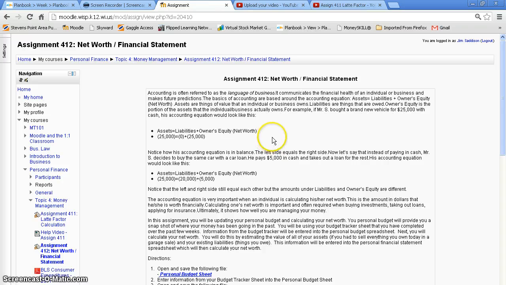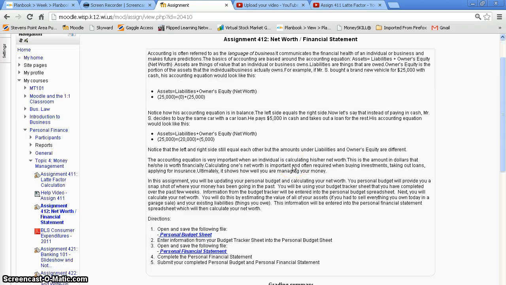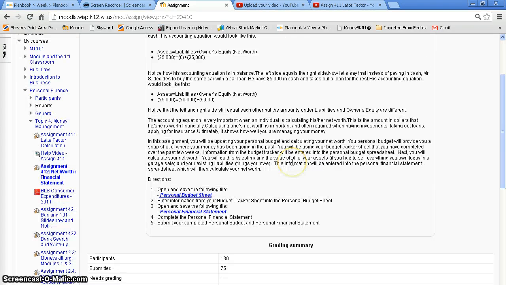Remember the example I used? Somebody bought an expensive $500,000 car, and I created three scenarios. And I said also that right here, this owner's equity or net worth, that is really the only true indicator of whether or not you're accumulating wealth or not. So what I'm going to have you do is take the information that you've been collecting for the last month